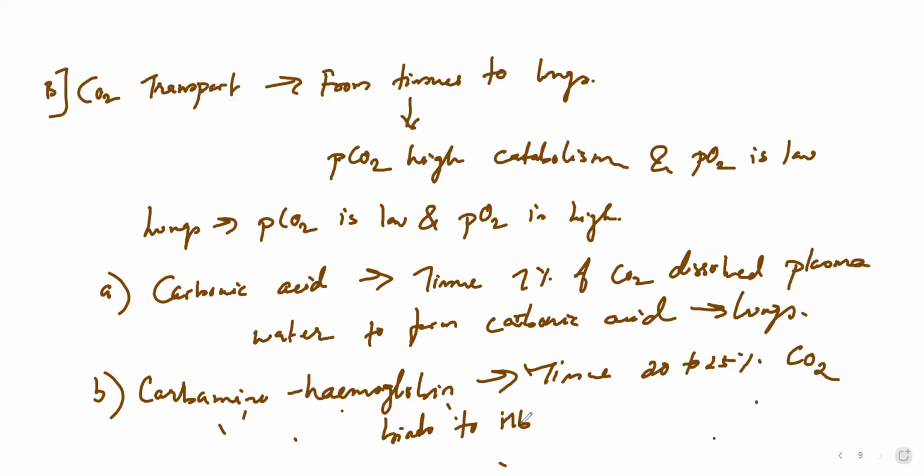Then the third form in which it can pass is as bicarbonate. So here, in the bicarbonate form, this is the largest base in which the carbon dioxide is excreted out. About 70% of CO2 is transported by this method itself. So in this, what happens is,